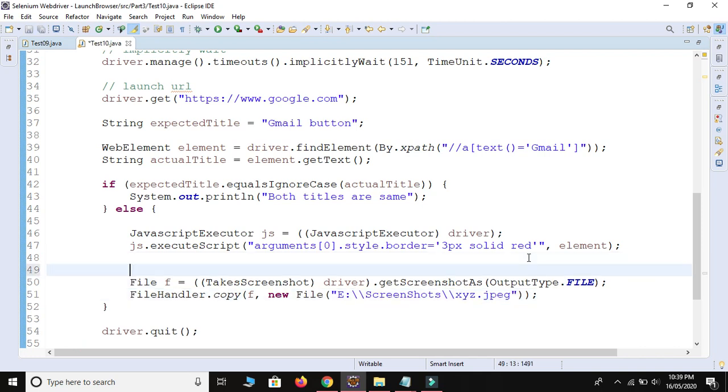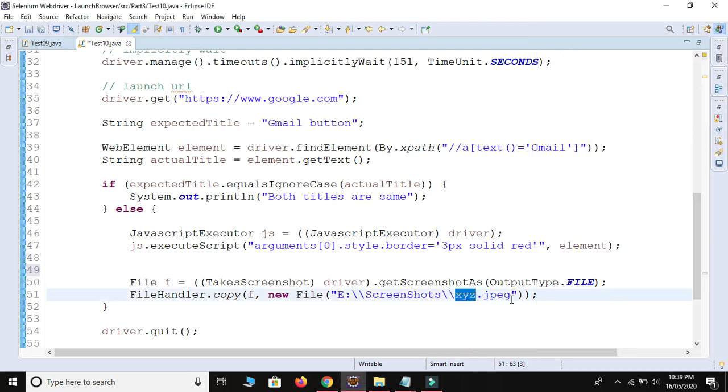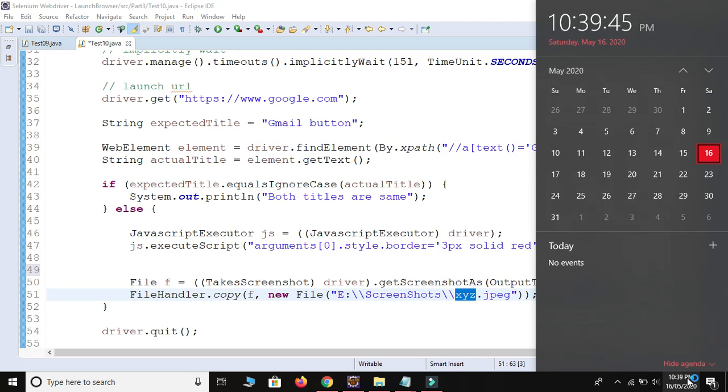In your system, the time is not fixed; it changes at every single second. So whenever you take the screenshot, just replace this name and paste your date and time.